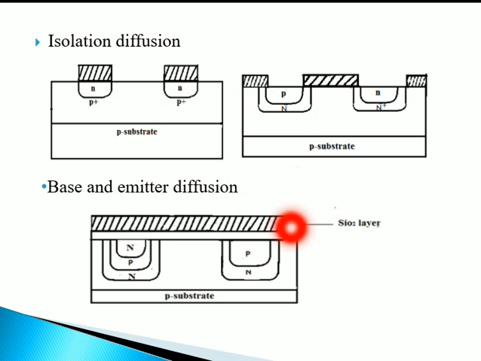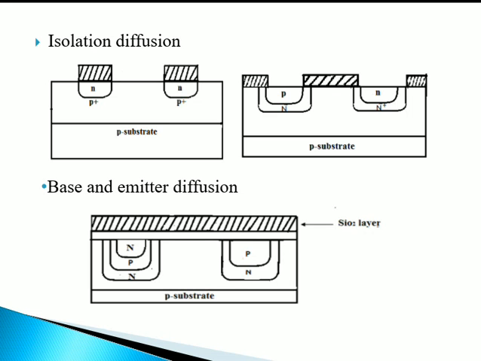After that, the top P layer will act like a P layer. In the sense, this is base emitter, base collector. N will act like an emitter, P will act like a base, and N will act like a collector. Whereas here, this is for the fabrication of your transistor, which has 3 terminals, and this is the fabrication of your diode, which has a PN junction, right? Meaning 2, P and N.